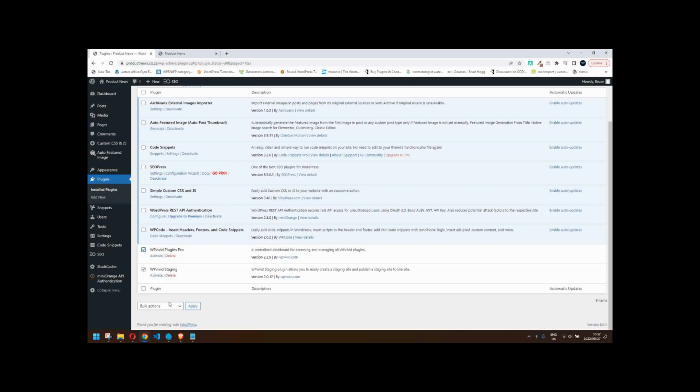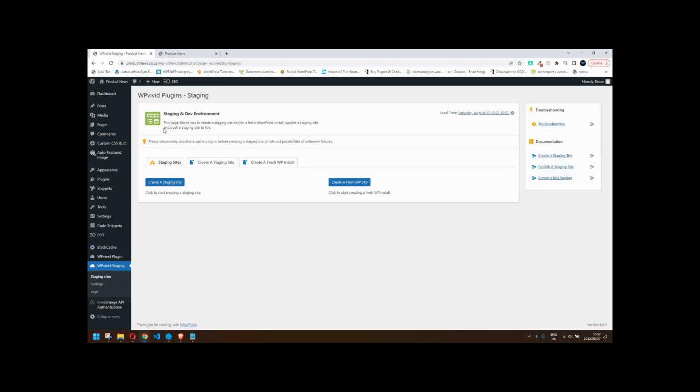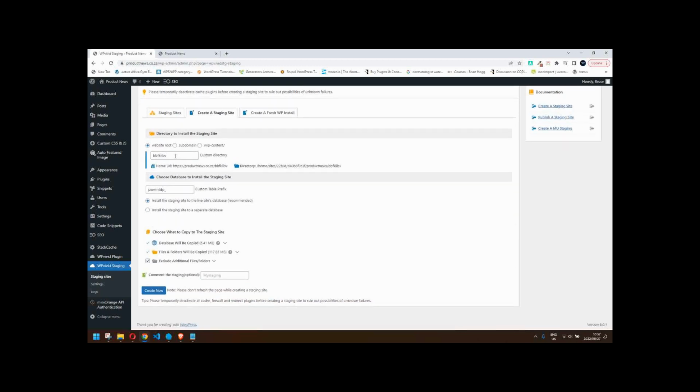So to get started, we'll just select those two and activate. That'll get the plugin activated. Licensing has all been sorted already, so I'm going to head straight to the staging sites, and I have an option here to create a staging site or a fresh WP install. I don't want to do that, so we'll create a staging site, and